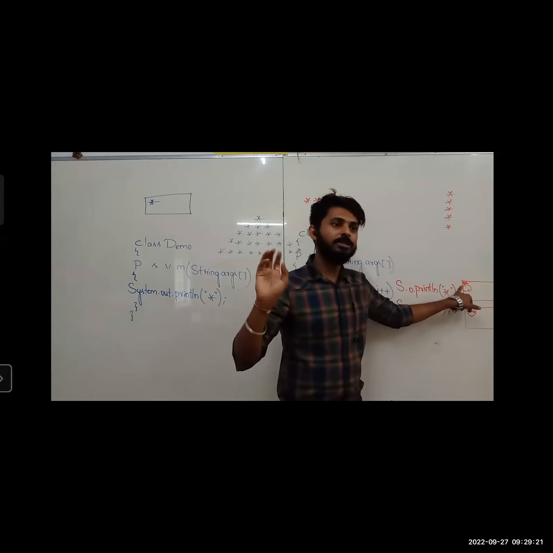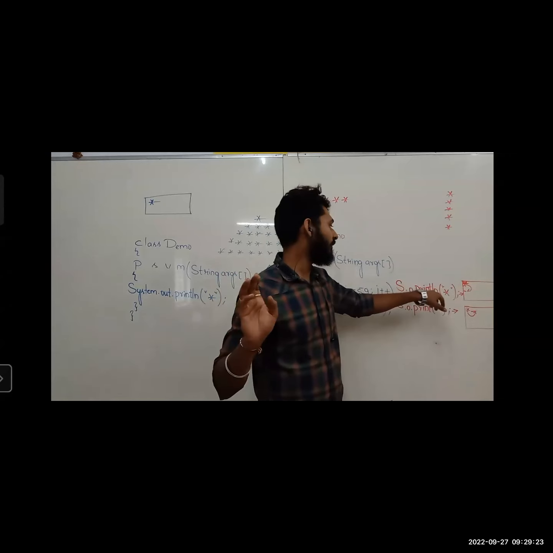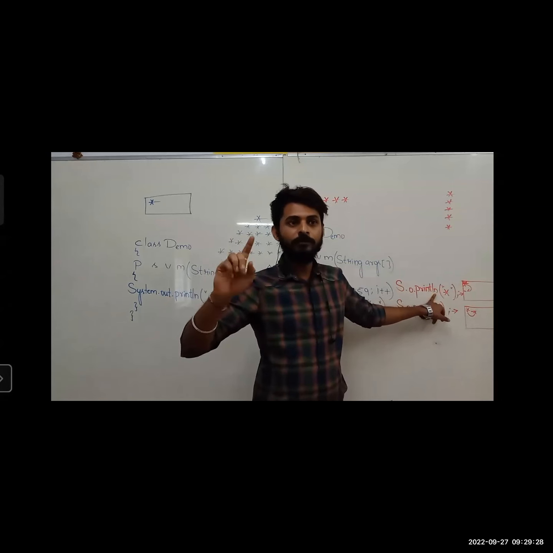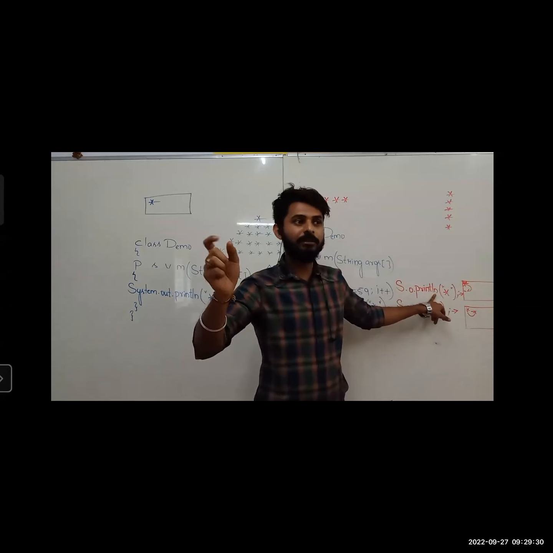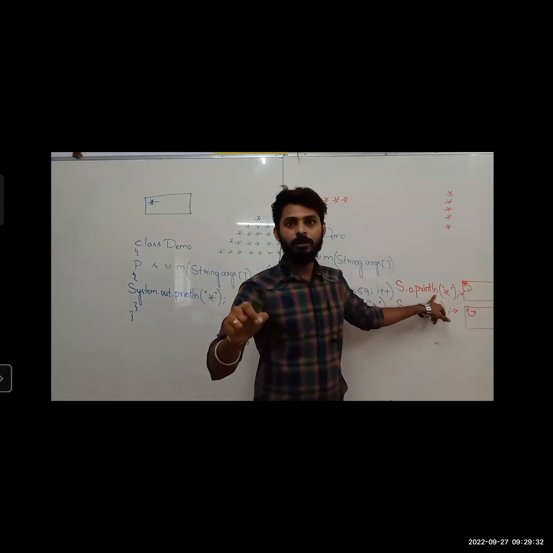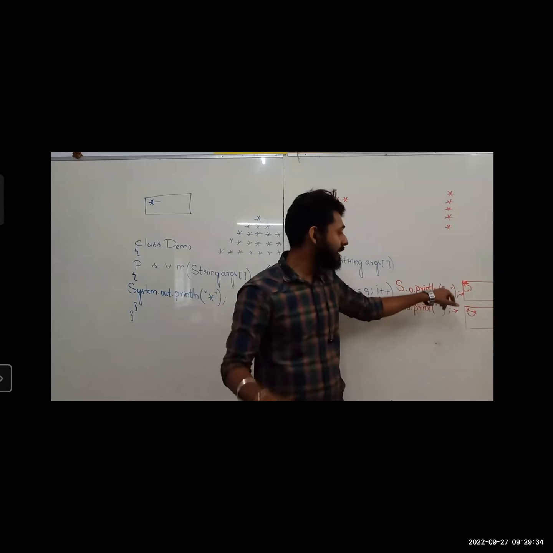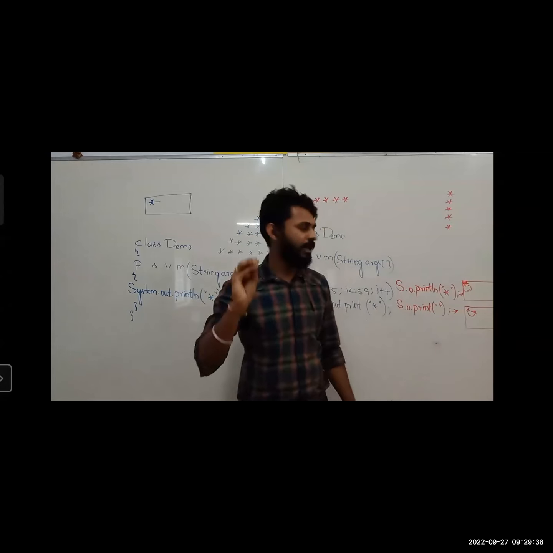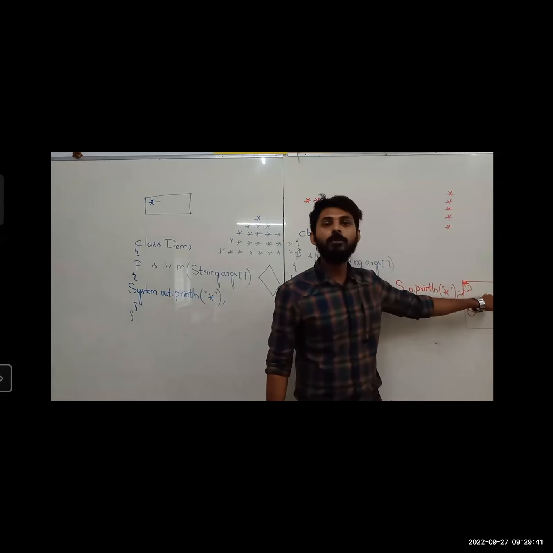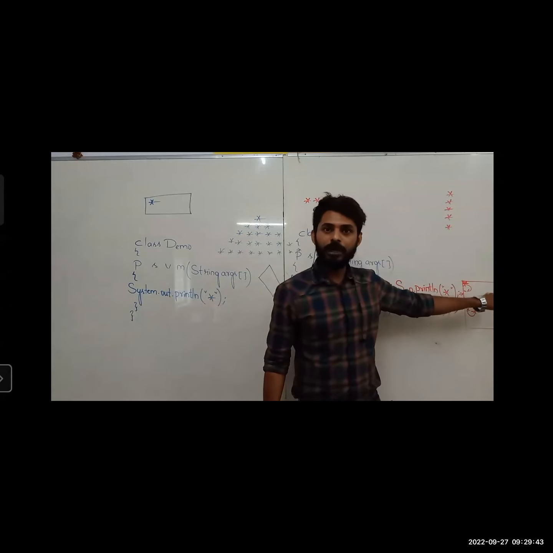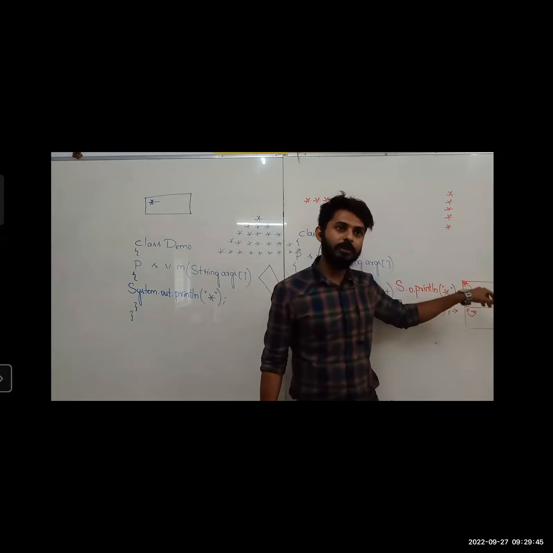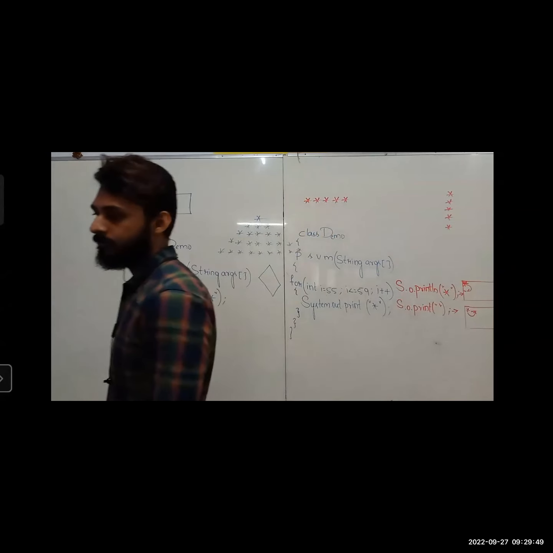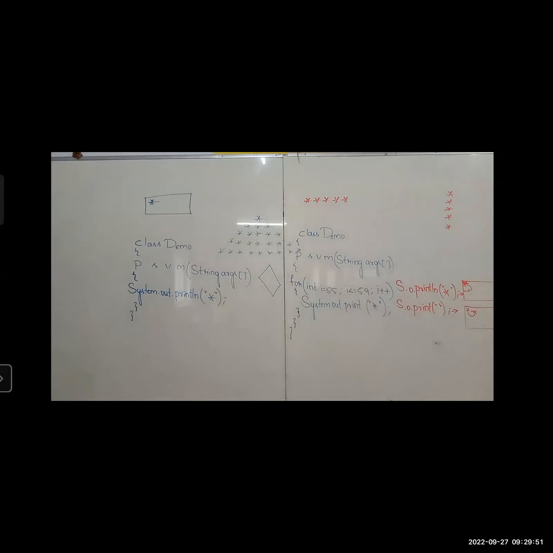Wherever your cursor is present, listen guys, some of you have this doubt. If I'm using println, it does not mean that first it will go to the next line. First, wherever the cursor is present, there only it will print. Don't think that println means it will start printing from the beginning only. No. Wherever the cursor is present, from there only it will print, and then it will go to the next line. Clear? Okay. Whosoever asked me that, is that clear?